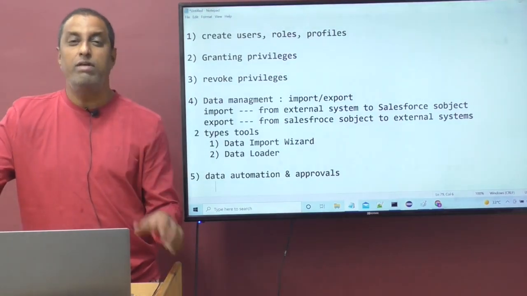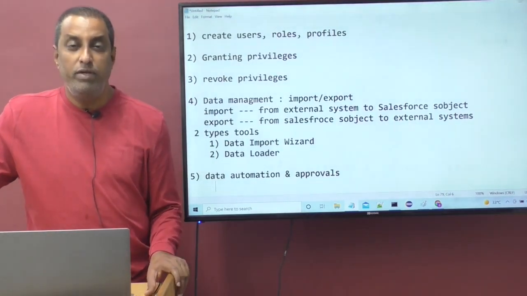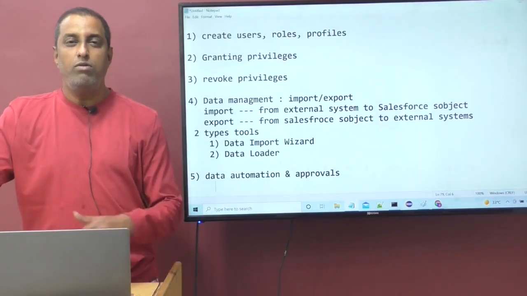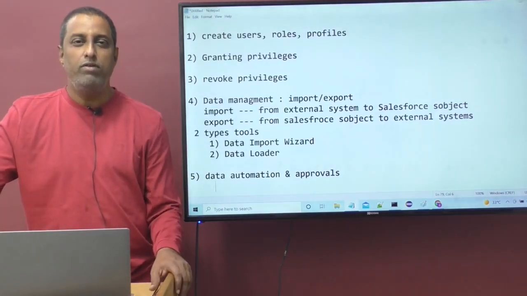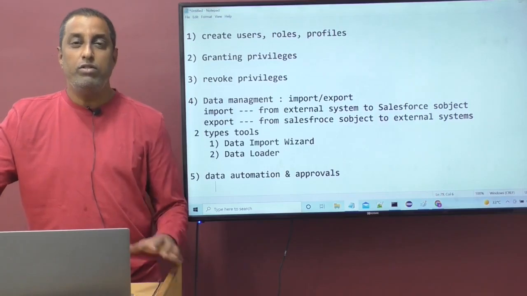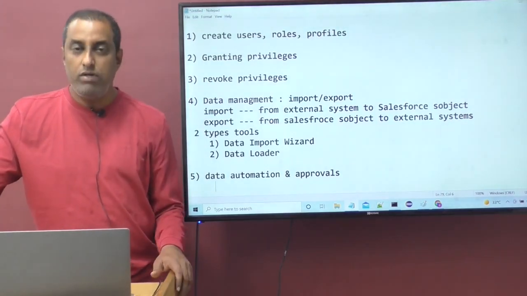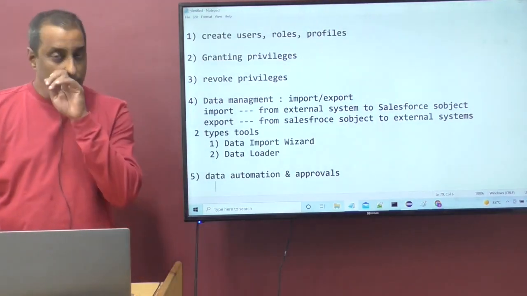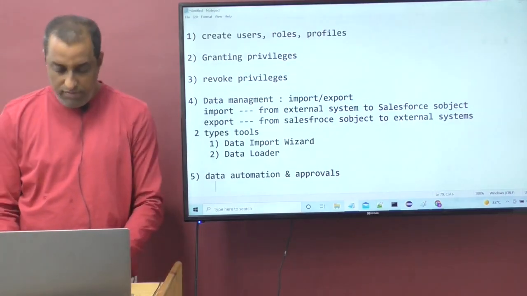That kind of operations can be called as what? Data automations. Automations means automatically performs the operations without user interaction or without user intervention. That can be called as what? Automations. So for performing automations and approvals,